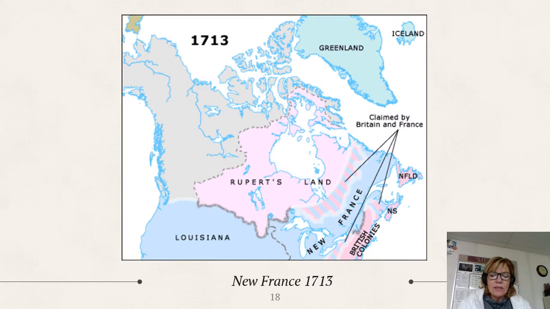Okay, so this is the territory in pink, and then also shared, that is claimed by Britain. And you need to be aware of where the British colonies are, what the names of these places are. So the NFLD, that's Newfoundland, the NS, that's Nova Scotia, and then you get the British colonies of North America, 13 colonies there. Rupert's Land is that area around the Hudson Bay, which we study in geography. So that should be familiar to you as well.